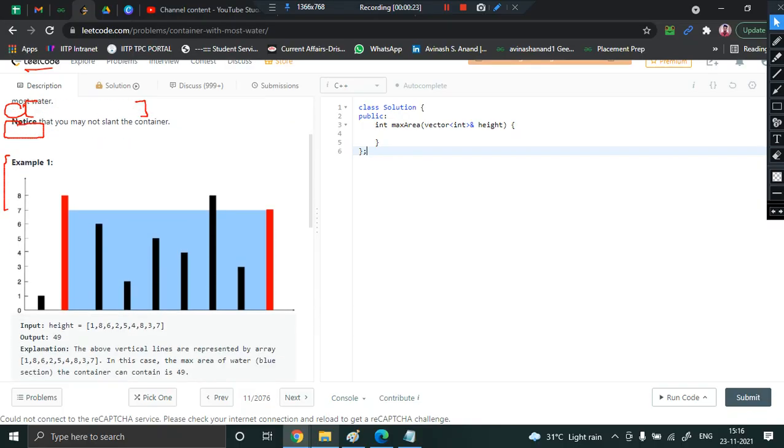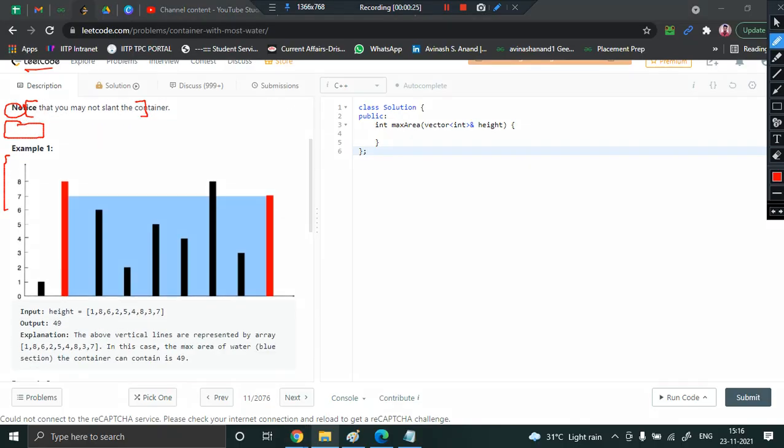So basically the problem says that you are provided with these bars, right? These are the bars which are available. You can just assume that they are straight, vertical lines. Now the height of these bars is provided in an array. The height of each of these bars is provided.